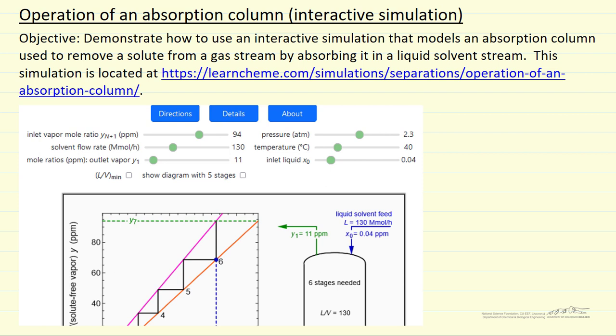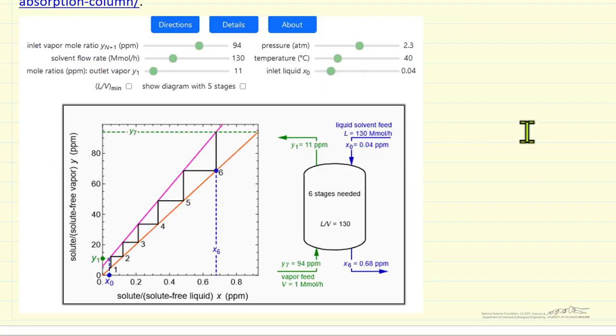I'll demonstrate how to use an interactive simulation that models an absorption column. Now, this simulation is located at the LearnChemE site at this link. The idea of the absorption column is we have a vapor phase that has a solute in it that we want to remove. So entering here, for example, 94 parts per million of solute, leaving is 11 parts per million